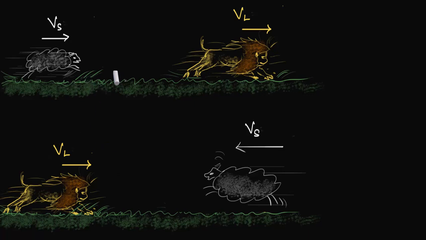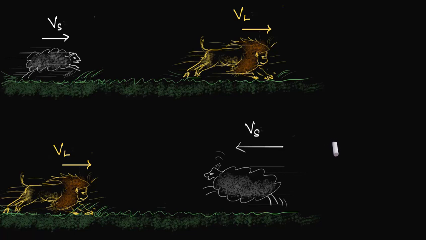If you have things moving in the same direction, like an angry sheep chasing a lion, or things moving in exactly opposite directions, like these guys approaching each other, in such cases we can calculate the relative velocity between them just by subtracting them with signs. We have covered this in earlier videos in one-dimensional motion. If you have not seen them or you need a refresher, then please go back and watch those videos and then come back over here.